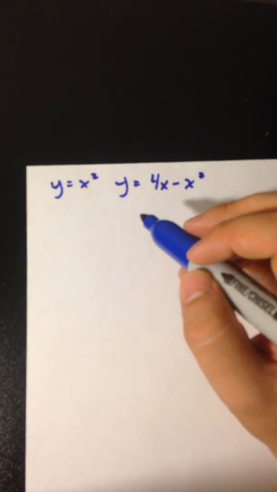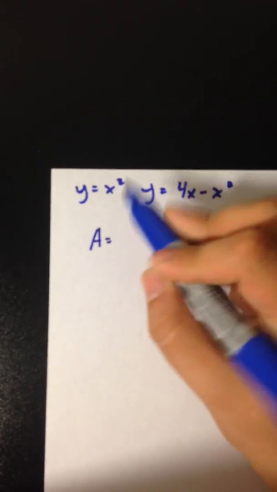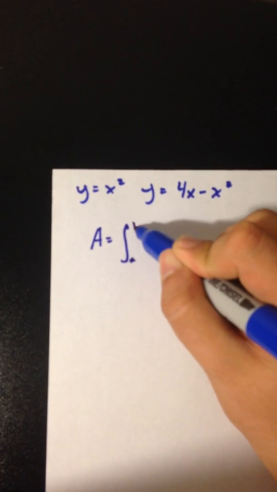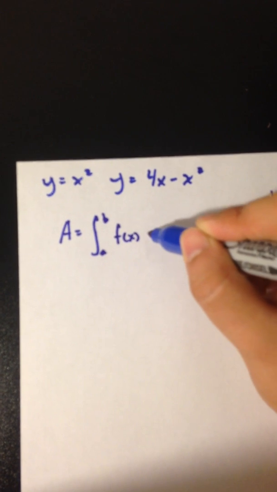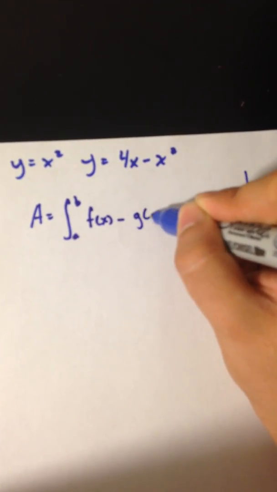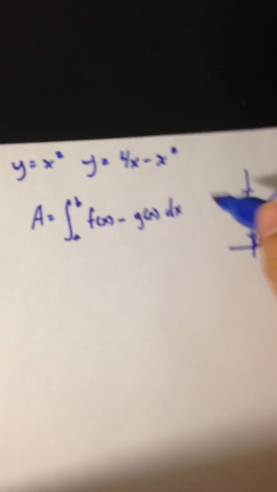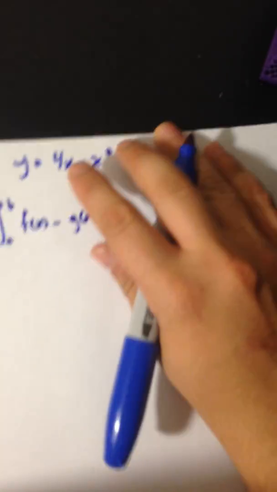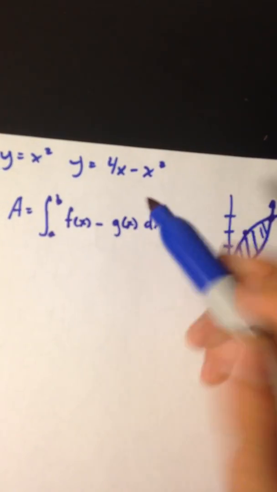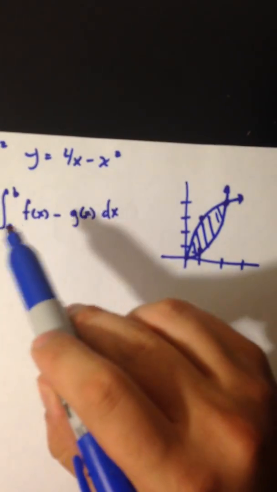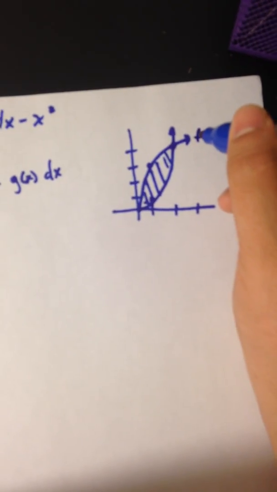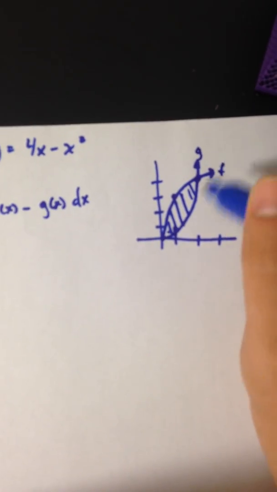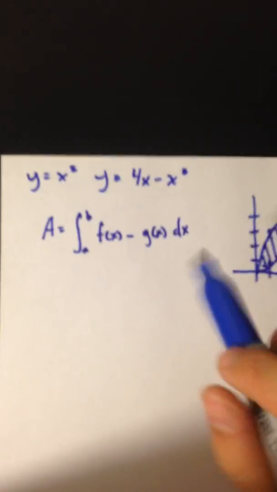So the formula we use to find the area between two curves is area is equal to the integral from a to b of f of x minus g of x dx. This goes for top minus bottom, really. The top function is usually f of x and the bottom function is g of x. So right here, this one would be our f, this one would be our g. So if we do this right, it will be